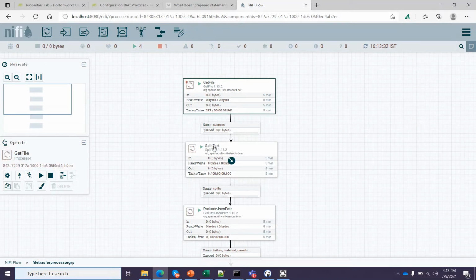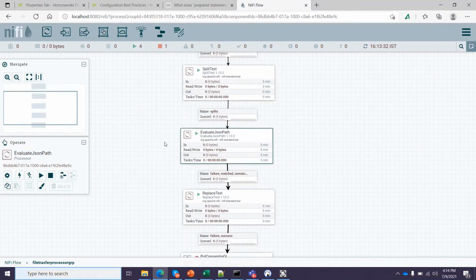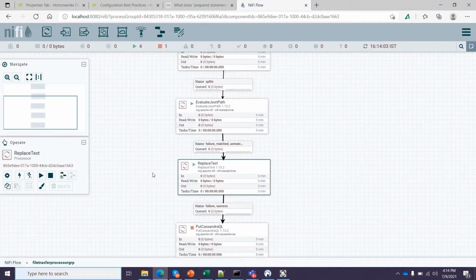The second processor is Split Text, which divides the records from the file into chunks. The third processor is where I convert the JSON data via JSON path and allocate the values to attributes, and then I use Replace Text to create the CQL query which is used to push the data into Cassandra QL.